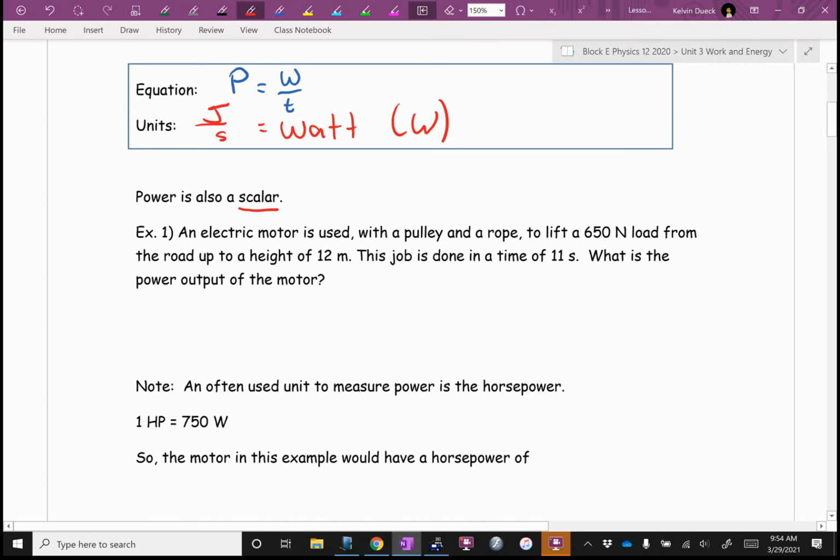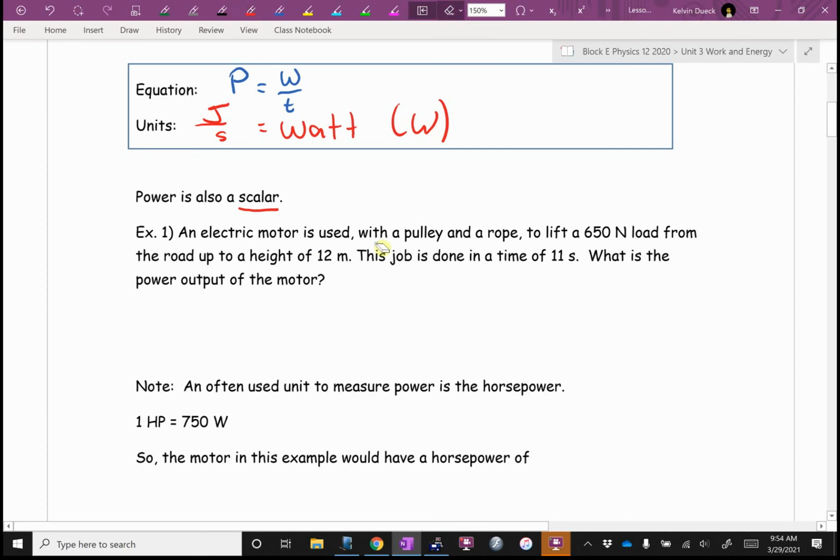So, let's suppose, for example, you're a crane operator, and you've been given the job to move a safe up to a height of 12 meters, roughly 4 stories. You're going to lift it up with a crane and move it through the window. You can't get it up the stairs because the safe is too big to fit in the stairwell. If you want to do the job in 11 seconds, how big a motor do you need? What's the power output of the motor?